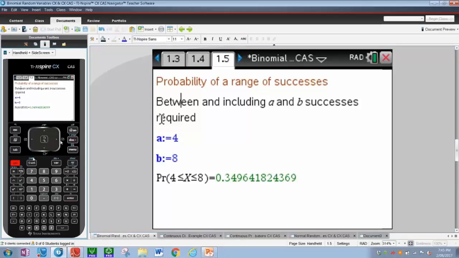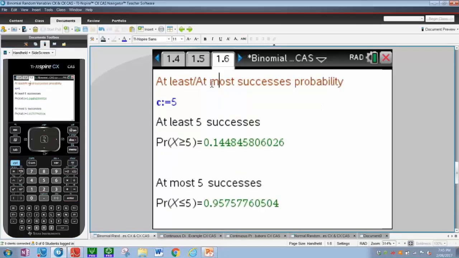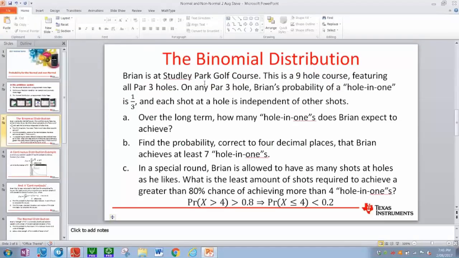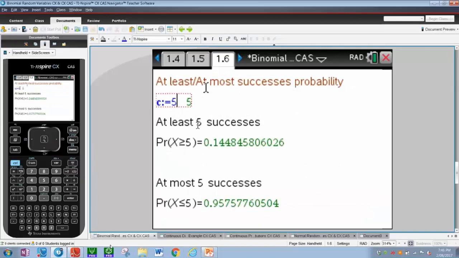So the actual question we're trying to answer is when we want at least or at most successes. So the way I've defined this one here is I've only got one single pronumeral there, which is C, and in our case we can make it 7. So you want Brian having at least 7 hole-in-ones. So all you have to do is change that 5 to a 7, and then it updates both the probability. So depending on whether you want at least 7 or at most 7, and the one we want is at least 7, which is sitting here, which is 0.0082 or 83, as the case may be,